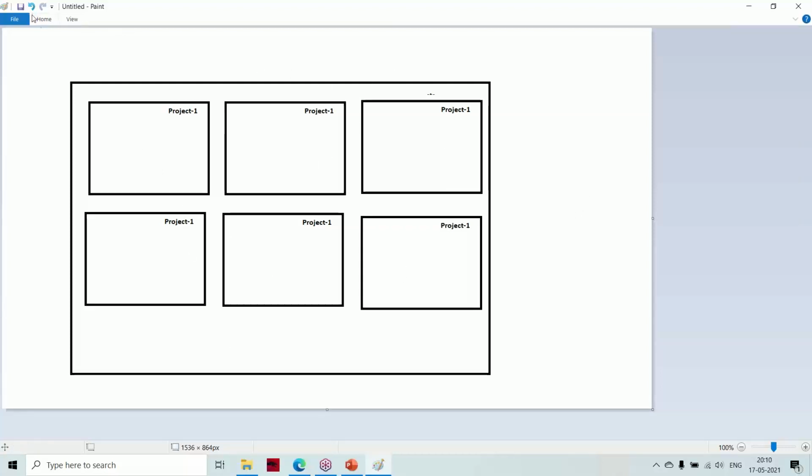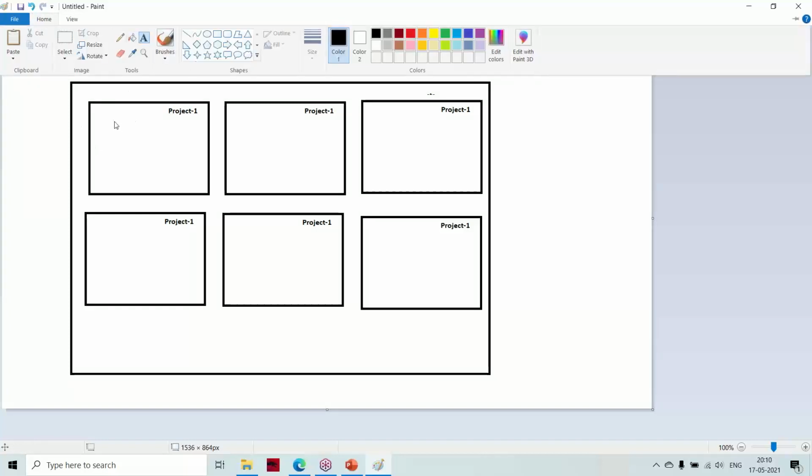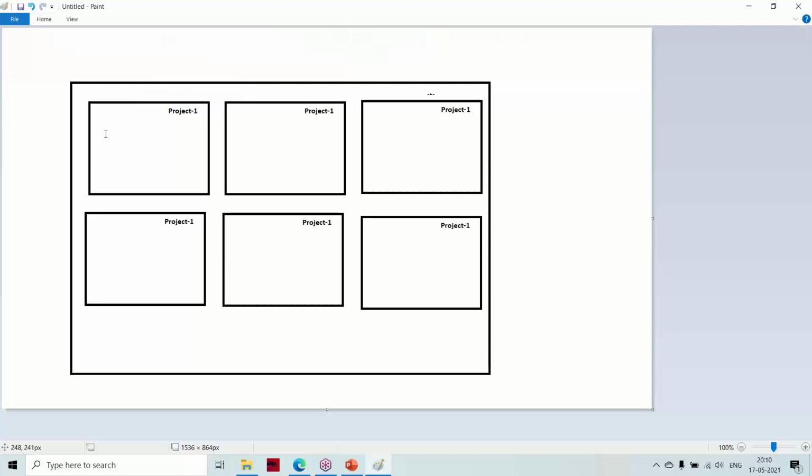Each project will have some servers. They will be having different environments like prod environment, development environment, testing environment, and something like support environment. The prod environment is having something like 30 servers.